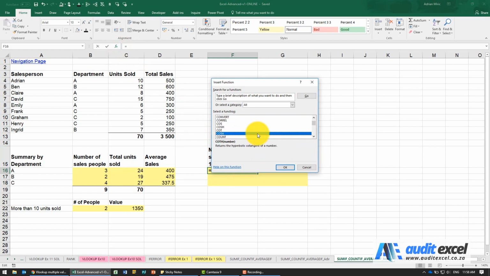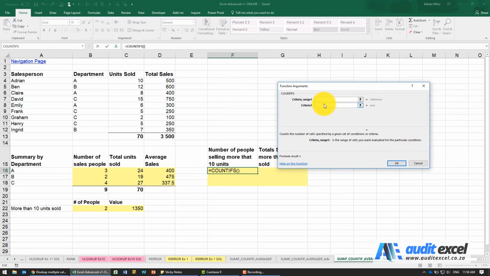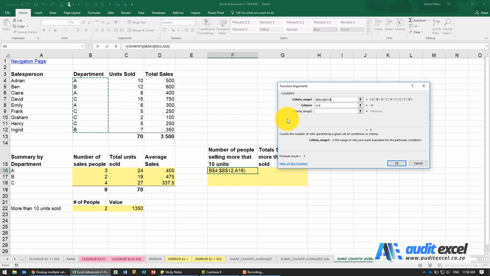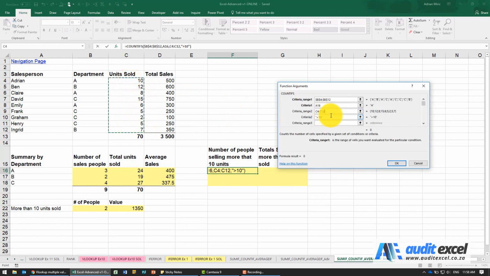So we're going to pull up the COUNTIFs. Remember, we always suggest do the criteria first. So the first criteria is use that department there. Where must it go look for the department? I'm going to tell it it's over here and put my dollar signs on. When I click on criteria range 2, you'll see I get the second criteria. So we know it's more than 10 units. So over here I can come and in inverted commas say bigger than 10, close them, go back to criteria range 2. Where must it look for bigger than 10? In the units sold. Put my dollar signs on.